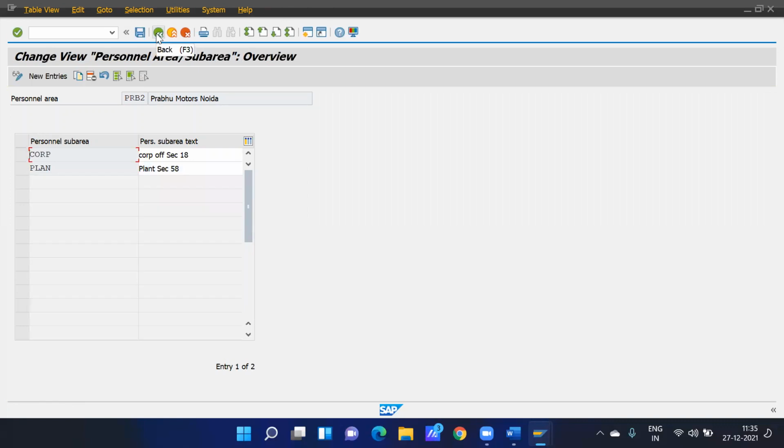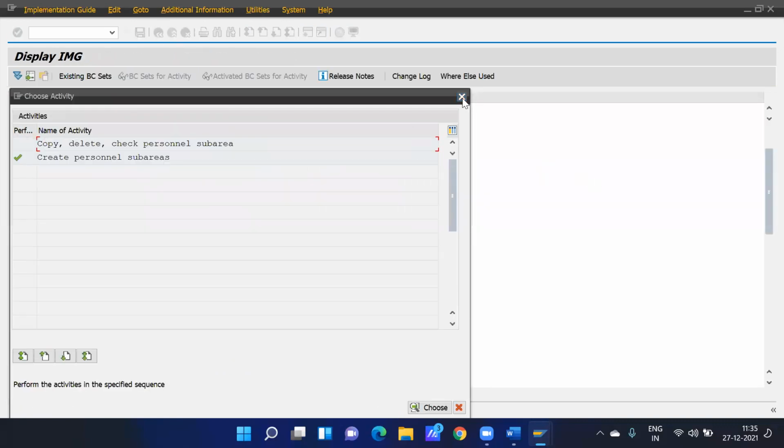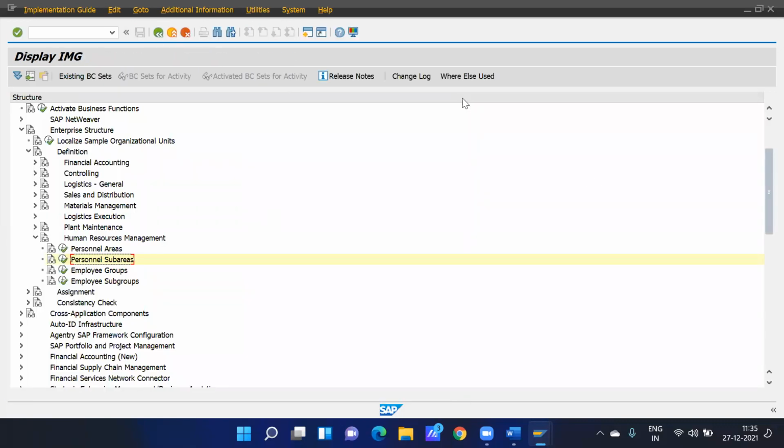Now what we have to configure, we have to configure personal structure. Okay, so you remember guys, we have three structures in SAP HCM. One is enterprise structure, second is personal structure, third is organizational structure. So we have learned enterprise structure, company code, personal area, personal sub area. Now we have to learn personal structure, that is employee group and employee subgroup. Okay, so